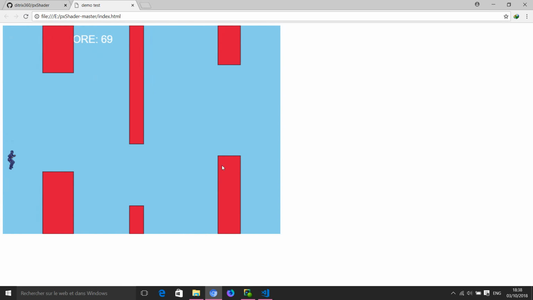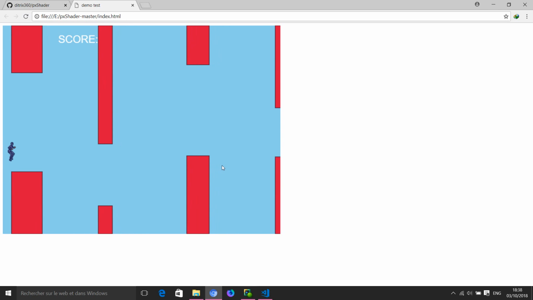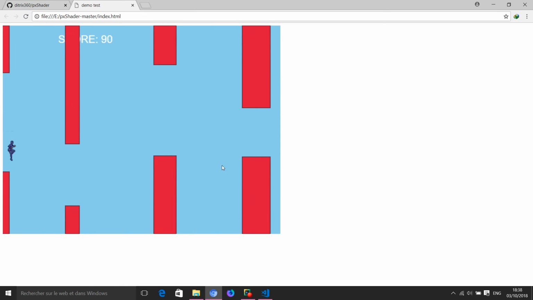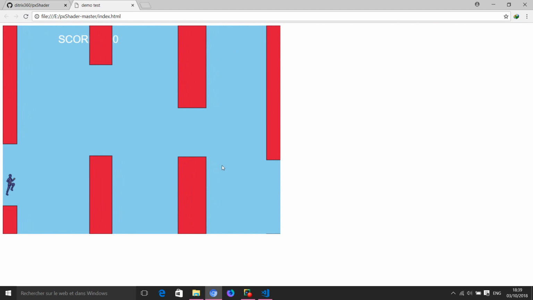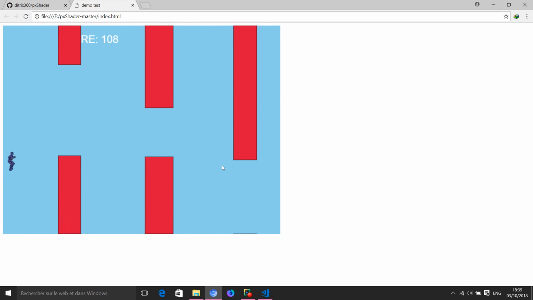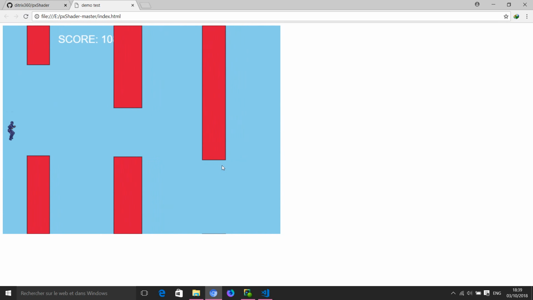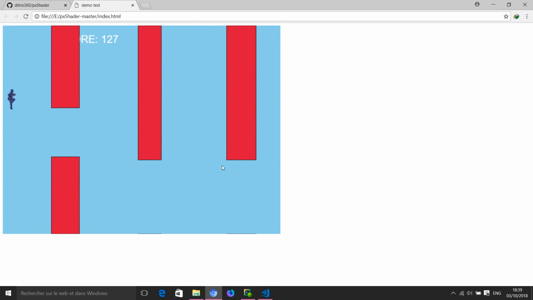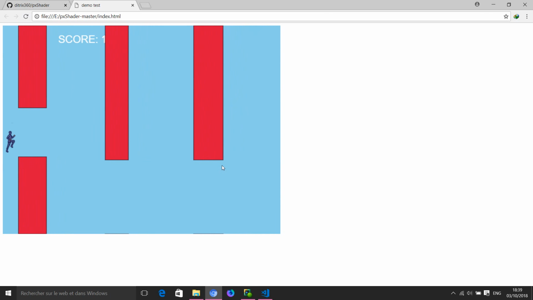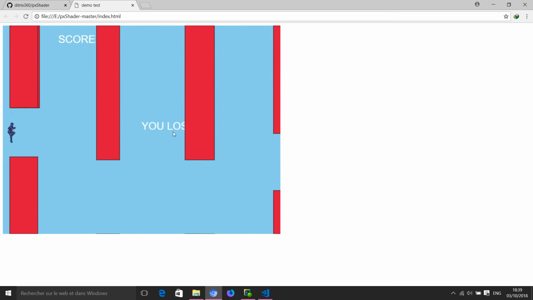So I'm going to make the gaps a little bit bigger so that it should be easy for the player, because this game is controlled by the keyboard. If you can hear the keyboard, you will see that I'm just pressing keys continually and it's doing it. So yeah, I have lost.